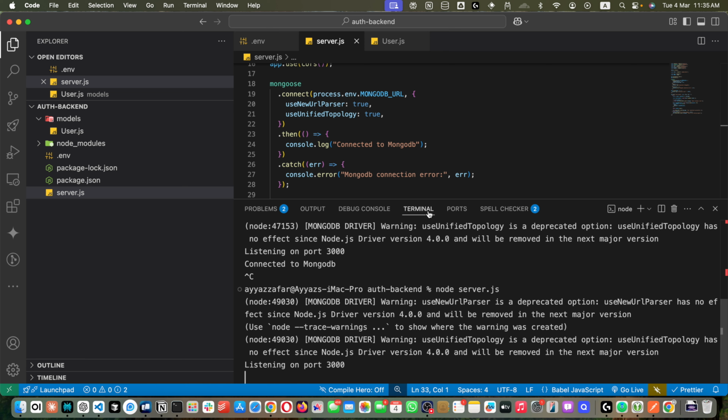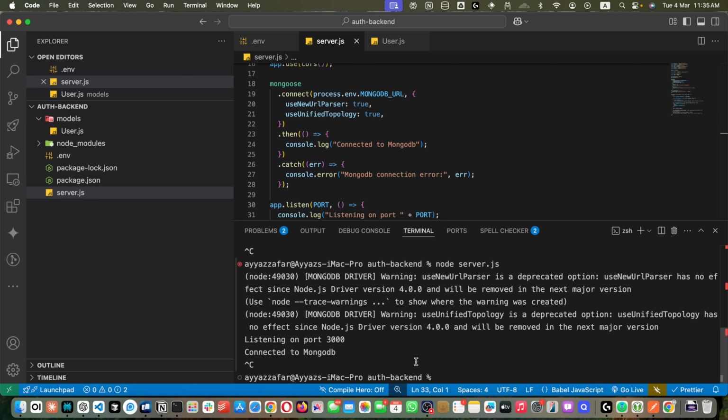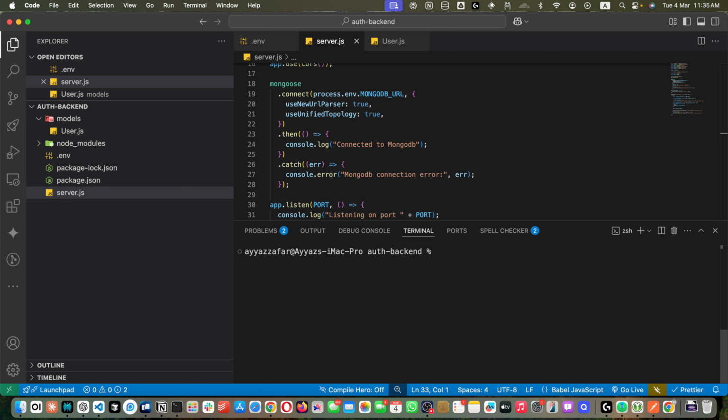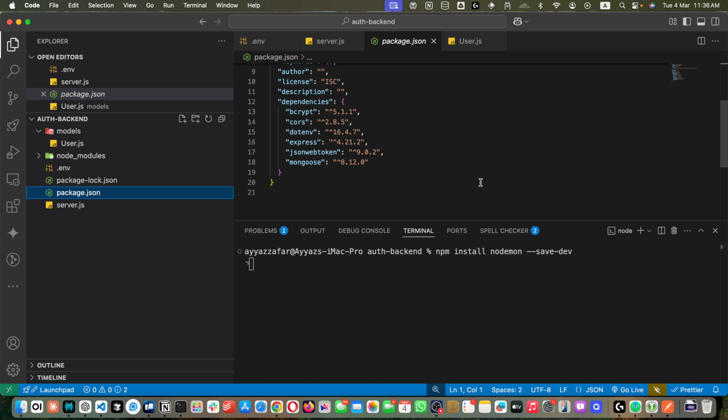There is another solution. If you implement that, then it would automatically restart the server on every change. So let's quickly implement that so that we don't make that mistake again. So install another dev dependency, that is npm install nodemon, and specify --save-dev so that we could make sure that it would be saved as the dev dependency. So in the package.json, you would notice that it would create another block